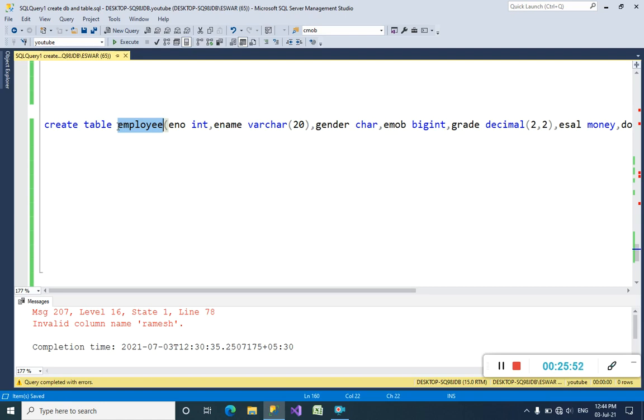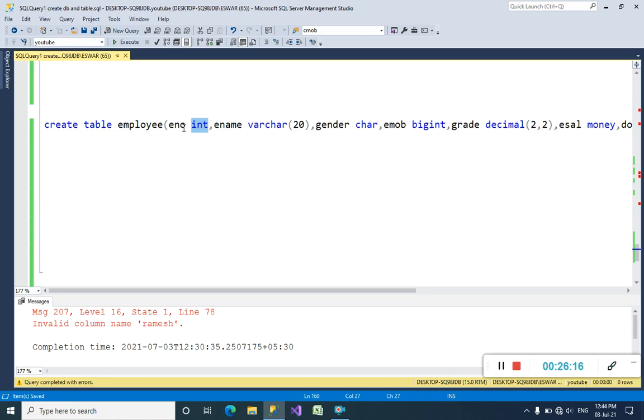That's why I have created employee as the name, and I want to store the first column as ENO, which means employee number. ENO is the first column, and I want to store ENO as int. We cannot insert an employee number of more than 9 digits.